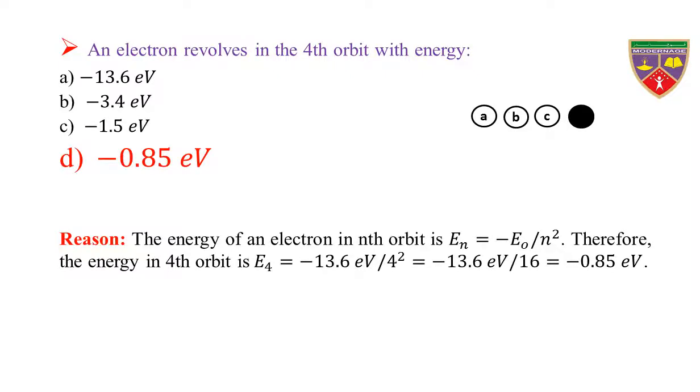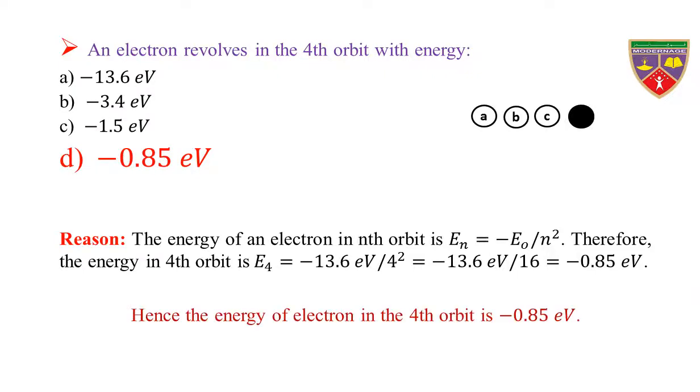Reason: the energy of an electron in nth orbit is En is equal to minus E naught divided by n square. Therefore, the energy in fourth orbit is E4 is equal to minus 13.6 electron volt divided by 4 square, which is equal to minus 13.6 electron volt divided by 16. Simplification gives E4 is equal to minus 0.85 electron volts. Hence, the energy of electron in the fourth orbit is minus